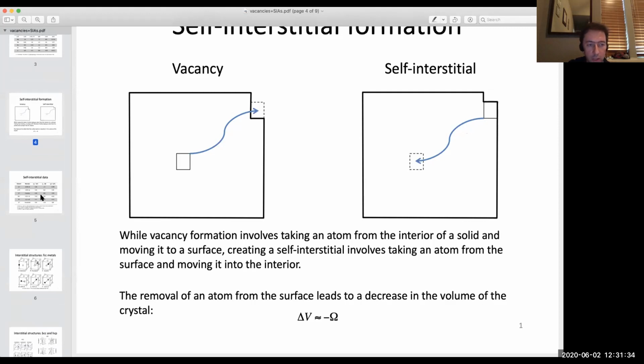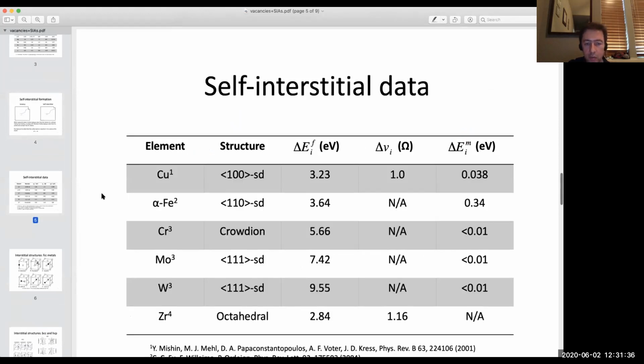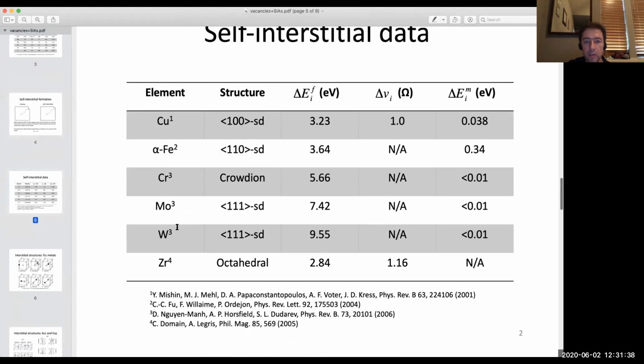If you were to look at self-interstitial formation energies for different crystal structures, here's a bunch of those. You can see that they're actually much bigger than the formation energies of vacancies. The formation energy of a self-interstitial in copper is 3.23 electron volts.